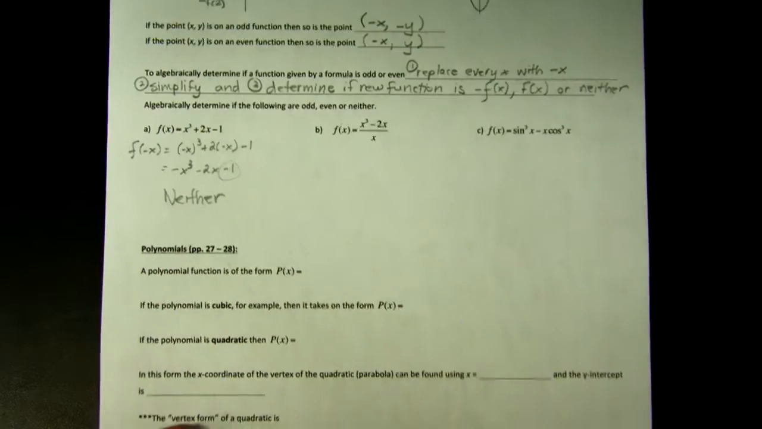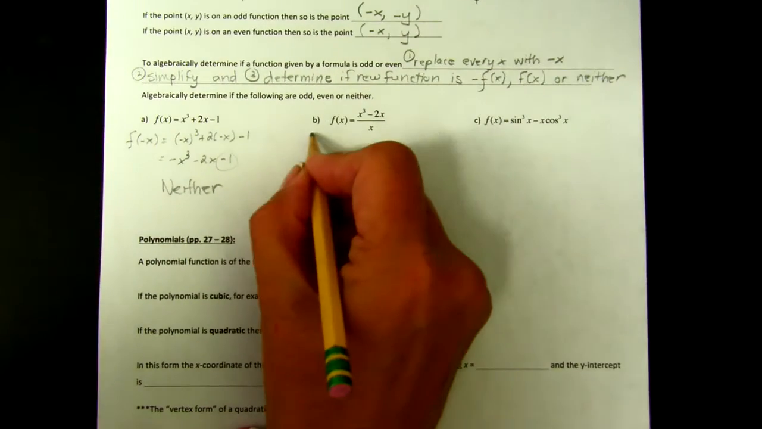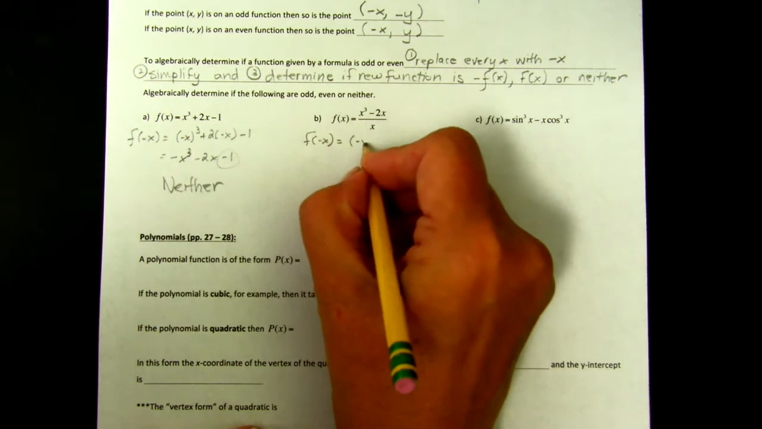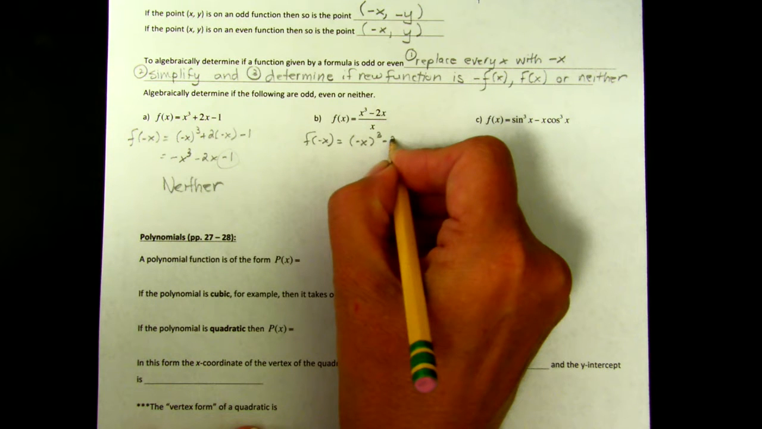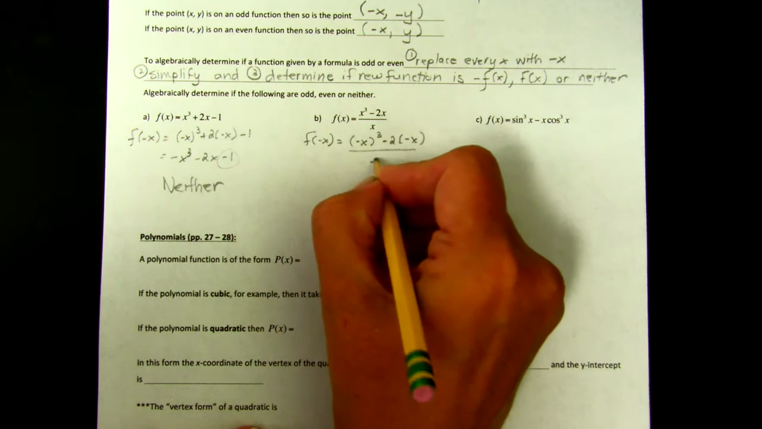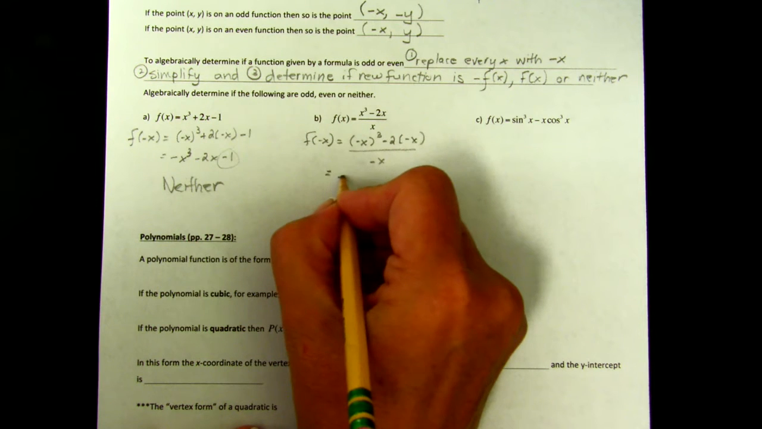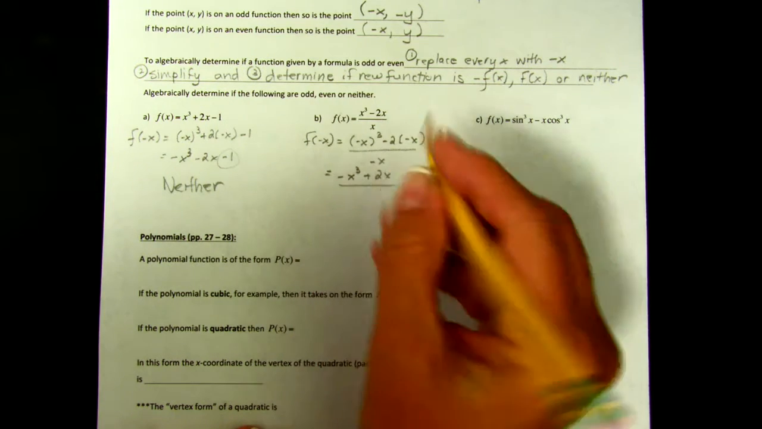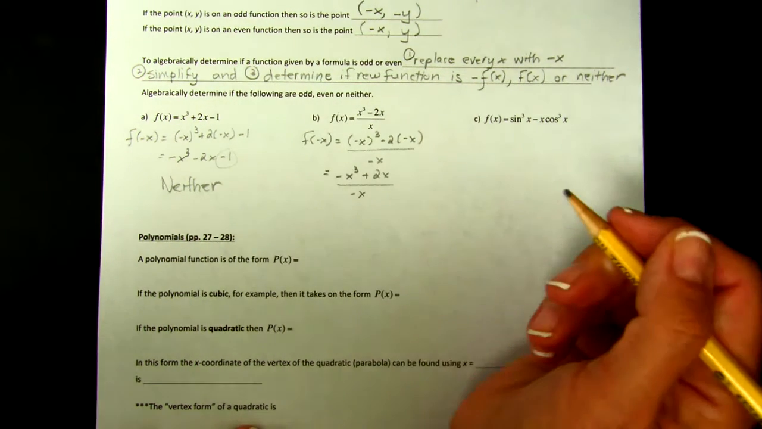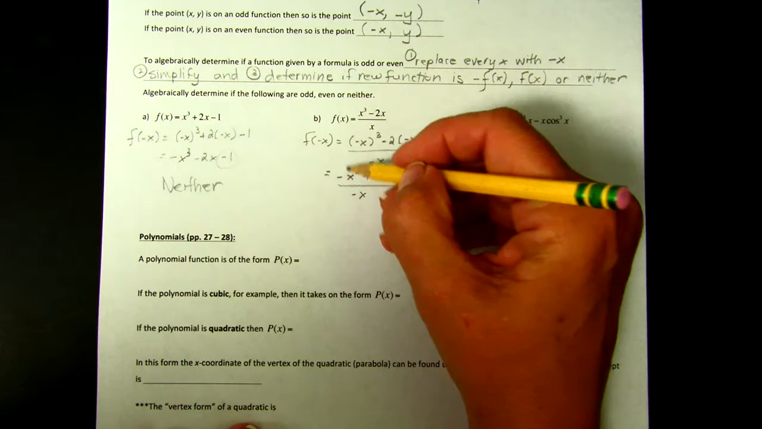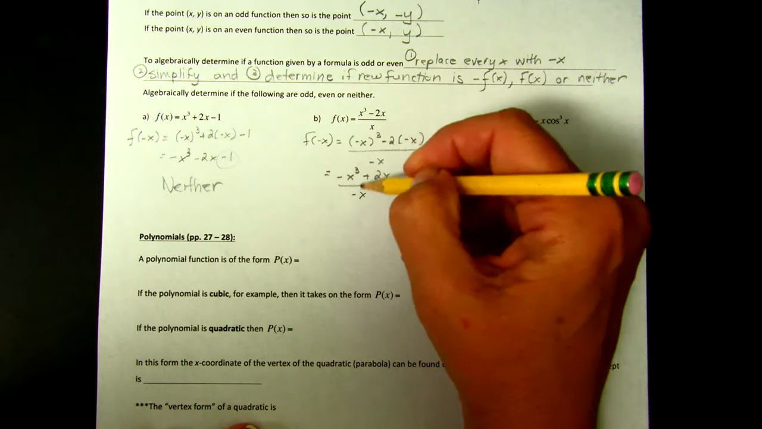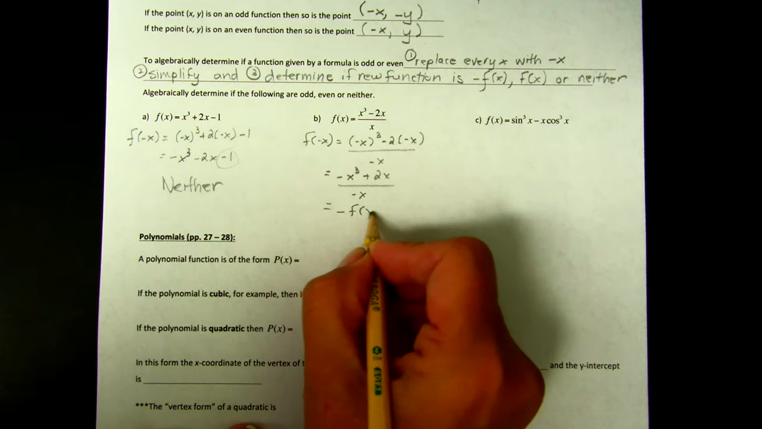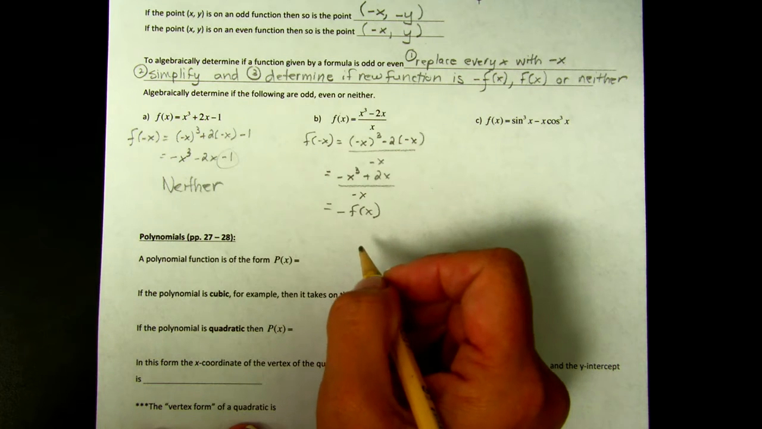I'm going to move this up a little bit to make it easier. We're going to do the same thing and substitute the opposite of x into everything. So that's going to be the opposite of x cubed minus 2 times the opposite of x, over the opposite of x. Let's simplify. That's negative x cubed plus 2x over negative x. Let's see. This is the opposite of that, that's the opposite, and that's the opposite. So this is equal to negative f of x, and so